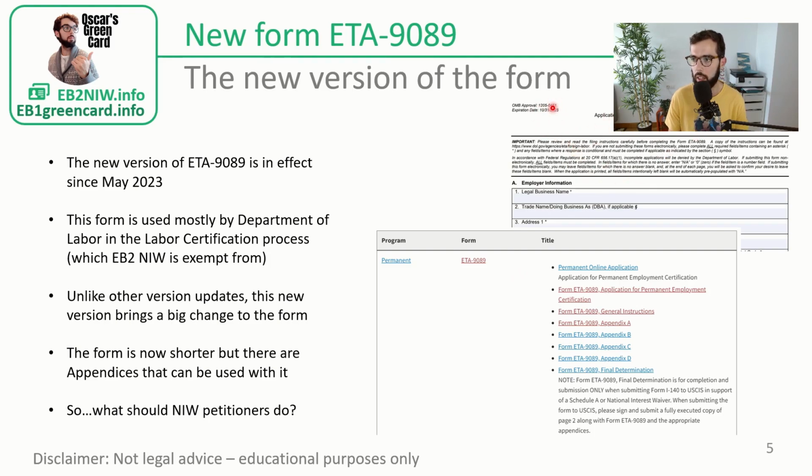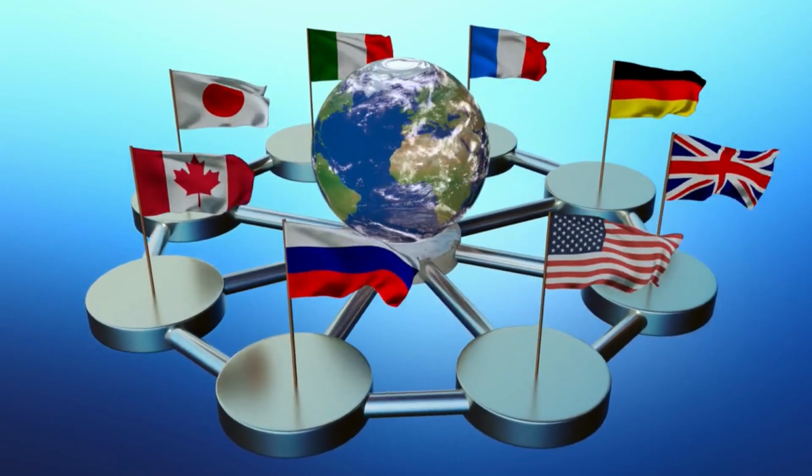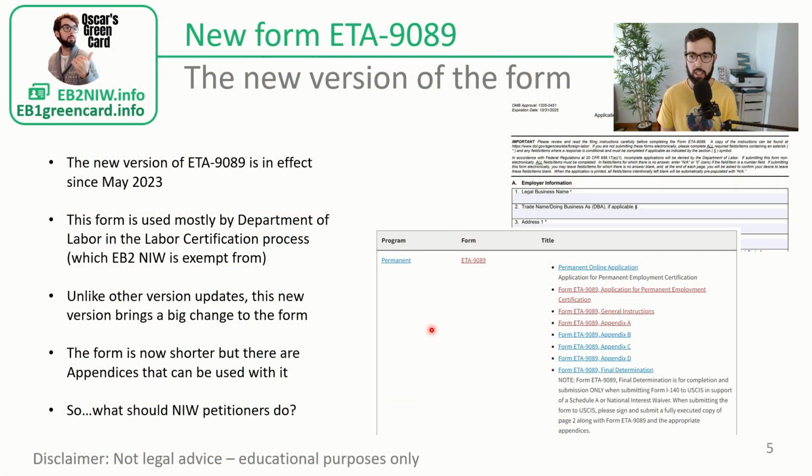If you see, it now has an expiration date of 2025. The older version was already expired, and USCIS and the Department of Labor were both still accepting them. However, when they do a change in one of these forms, it is usually a minor change. They update a couple of things, they put a new date, and there we go. However, this is a major update, where the main form is now quite reduced,